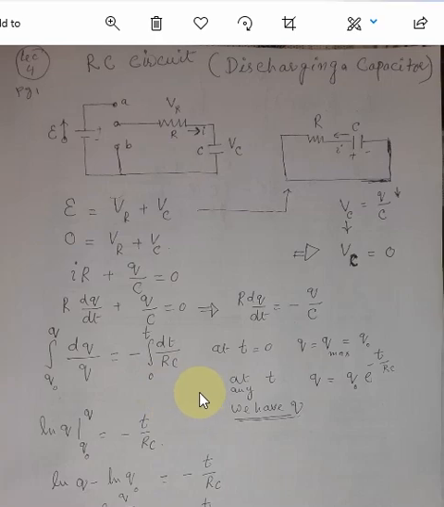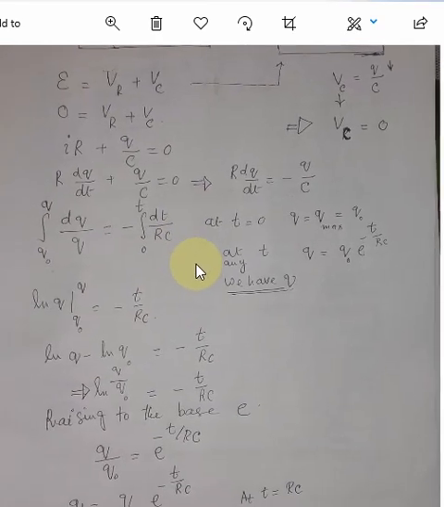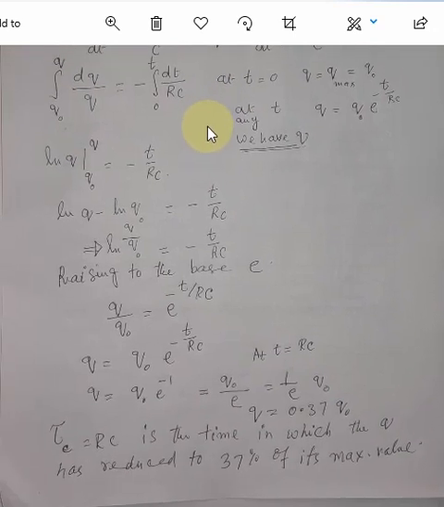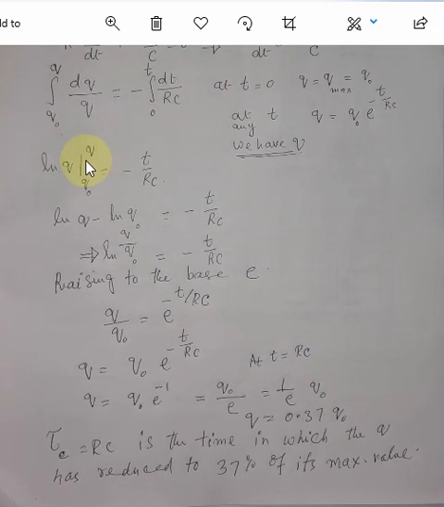So again, evaluating this integral between the limits, putting the upper limit over here minus the lower limit over here, we get